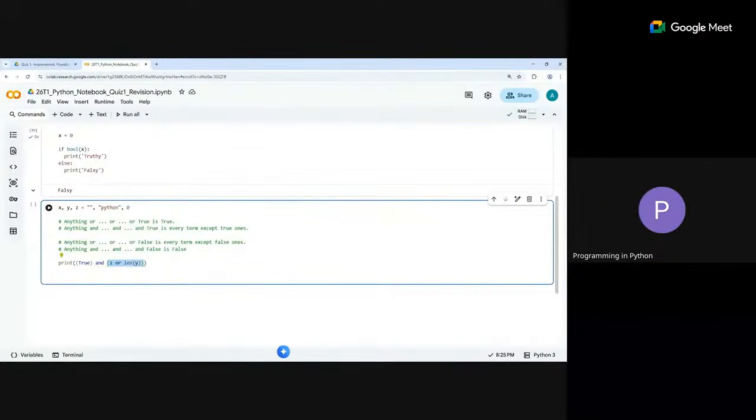Now we have this here, and something is this. Something is true, because why? Z is false, and len y is true. Length of y will be taken for this bracket. Why? Can anyone point out what is the length of y? The length of y is 6. So z or 6. Now what happens? 6 is true. So this is true. Immediately I see a true.